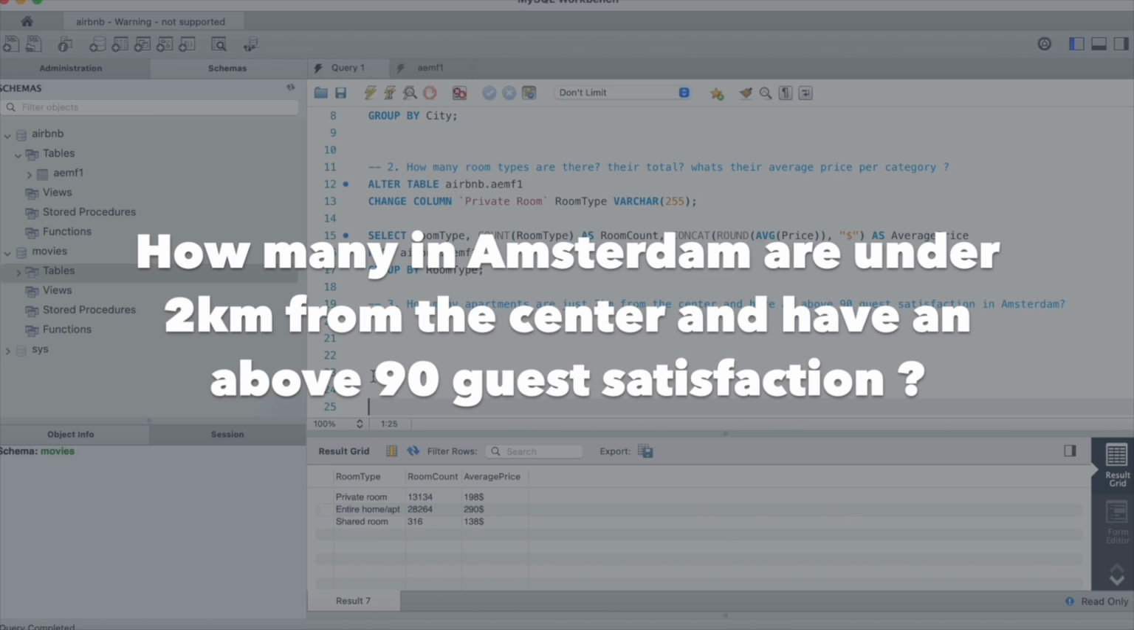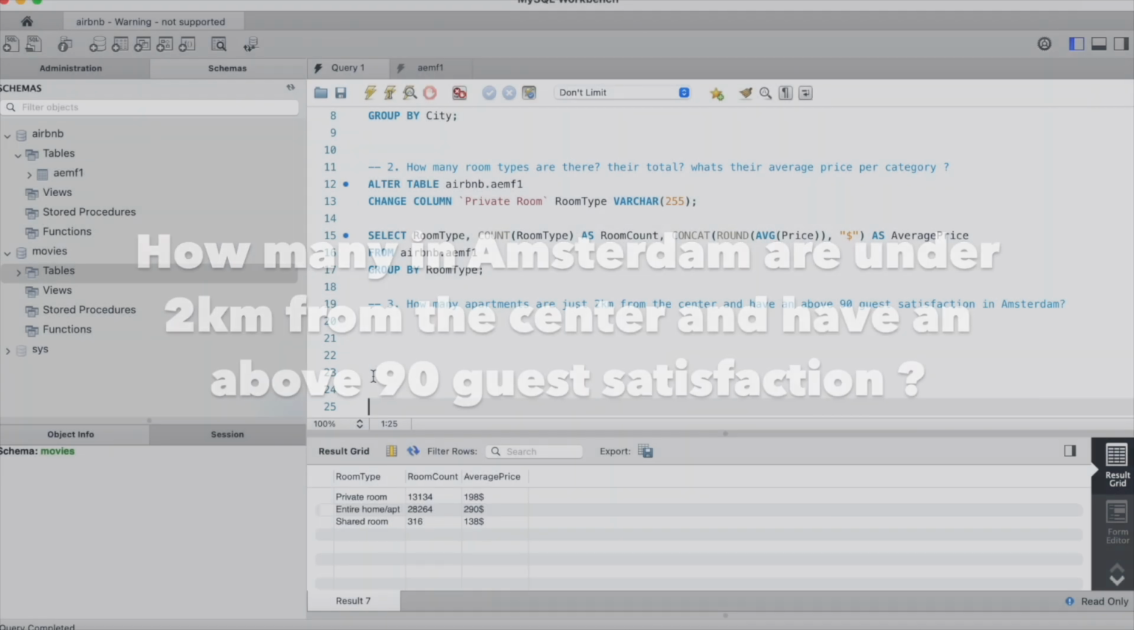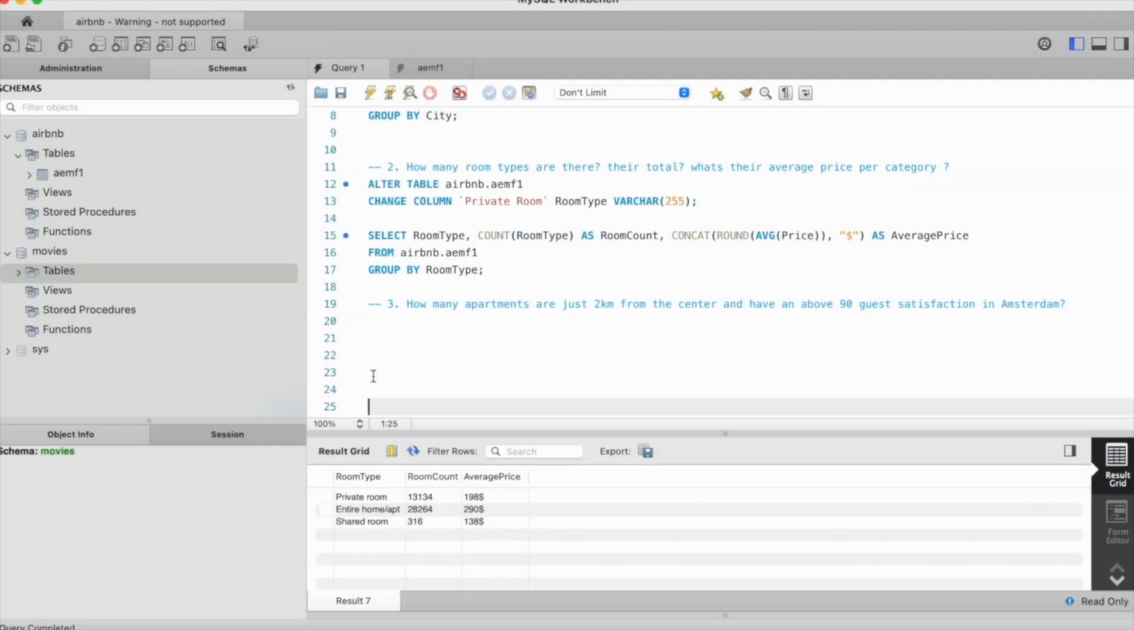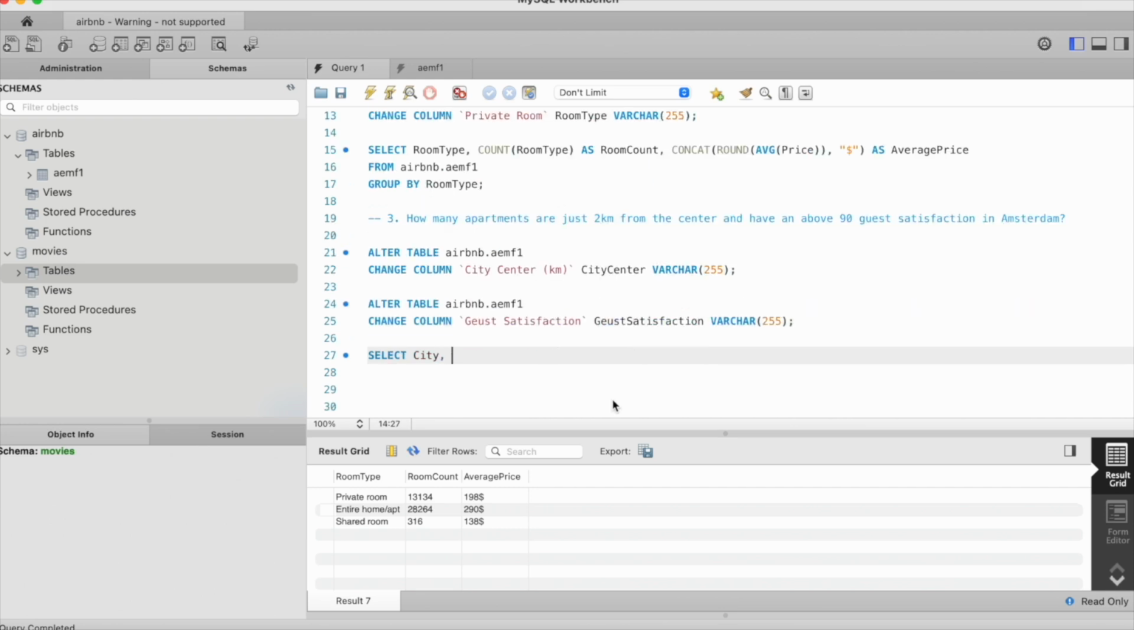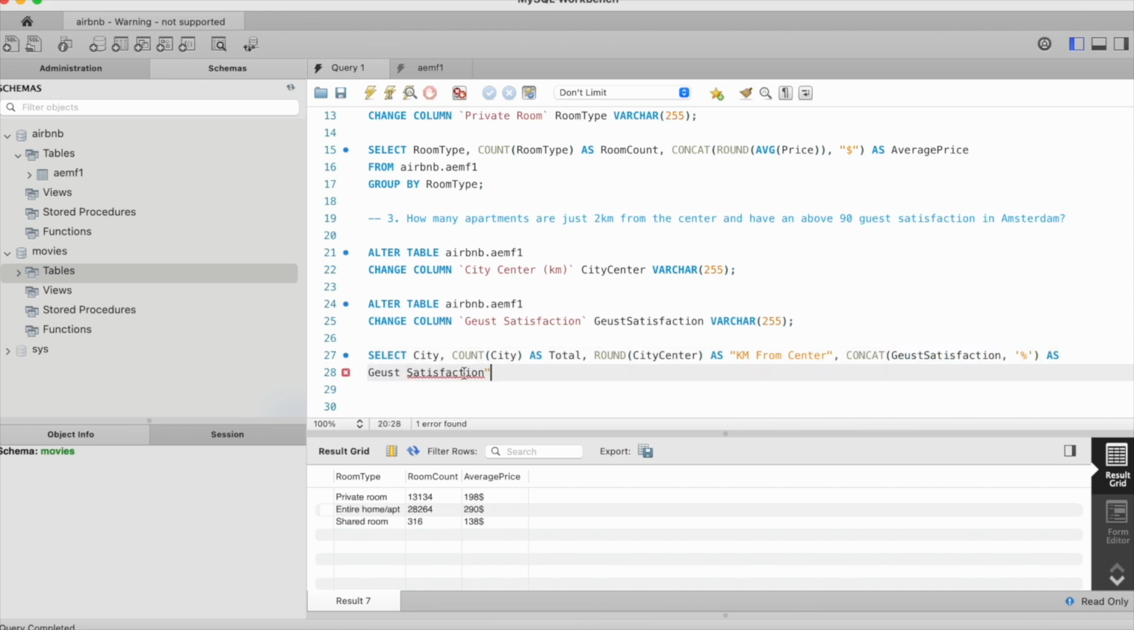How many apartments are 2K from the city center and have above 90 guest satisfaction in Amsterdam? So we're going to change another table name. We're going to have the city center and also the guest satisfaction. Notice that I have made an error. I'm going to fix it very soon. We're going to round the city center to have nicer numbers, and for the guest satisfaction, we're going to put a